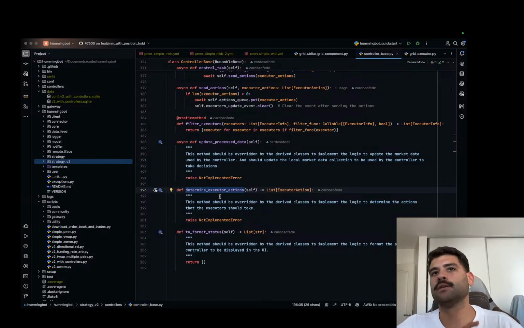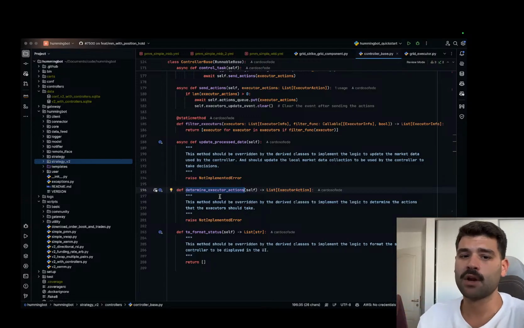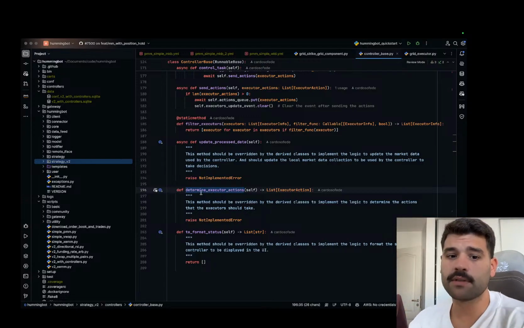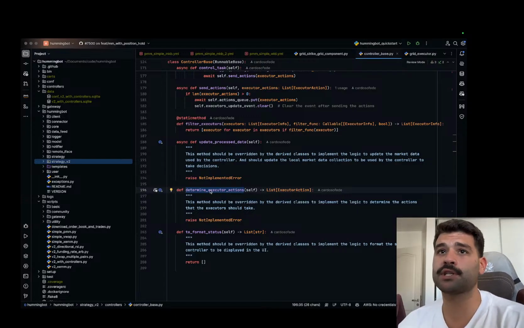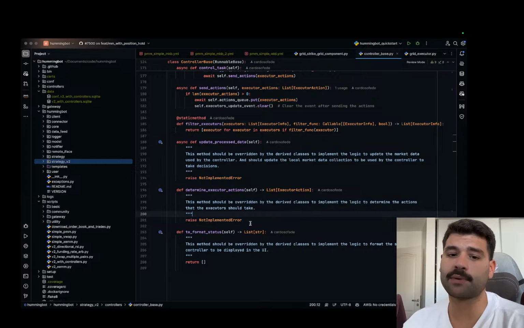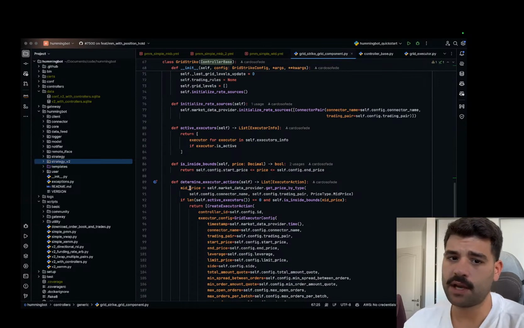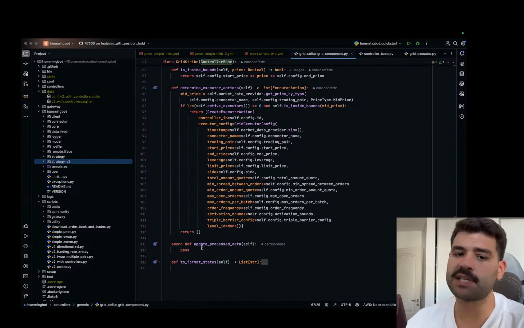You only need to deal with how you create and how you stop the executors. Okay? So we only need to provide these determine executor actions and the update processed data. These are the two methods that we need to implement for sure when we are coding a controller base. So here, as you can see, from the update processed data we put pass because we are not going to